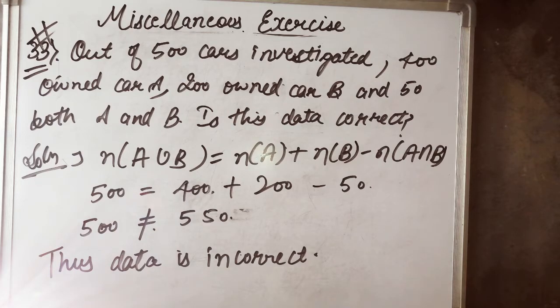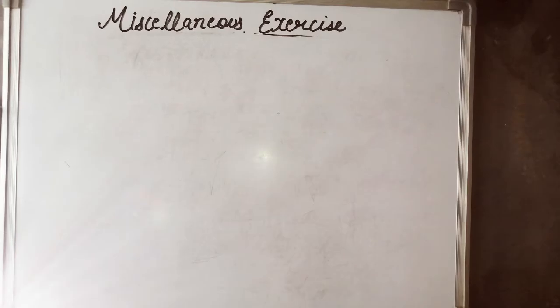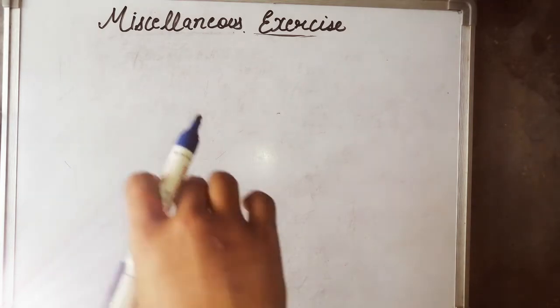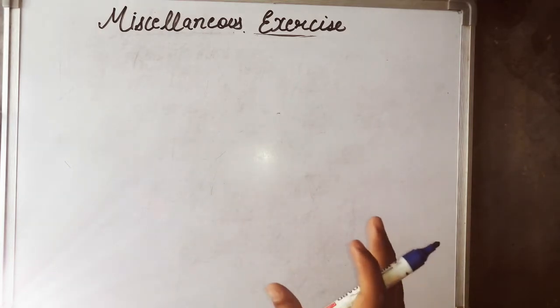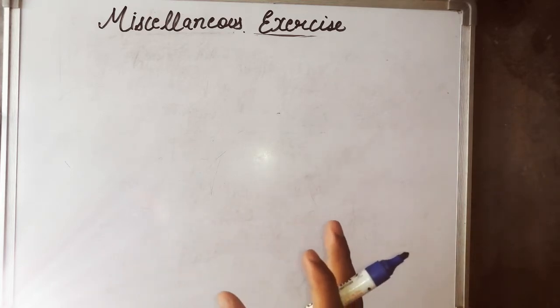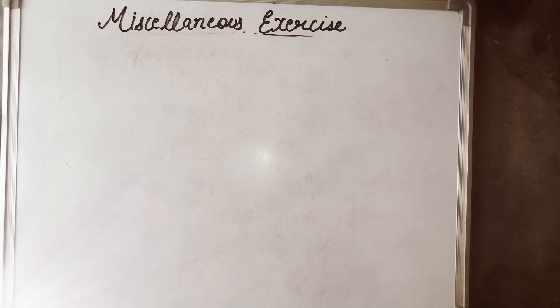Now let's move to the 34th example. Okay students, let's have a look at the 34th example and the last example of this exercise, which is: a college awarded 38 medals in football, 15 in basketball and 20 in cricket. If these medals went to a total of 58 men and only 3 men got medals in all the 3 sports, how many received medals in exactly 2 of the 3 sports? We have to find out how many people received medals in 2 sports.